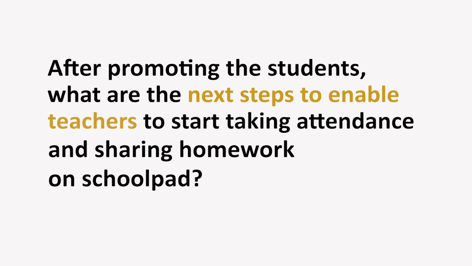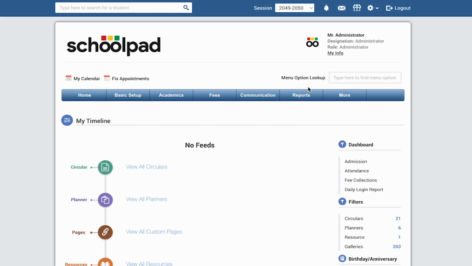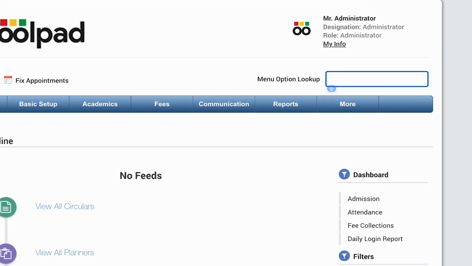The first one is checking whether the class strength for each class and the total number of students match according to the number of students in the school. To check this, go to the class strength report. Once you log in with your username and password, go to the Manage Classes module.